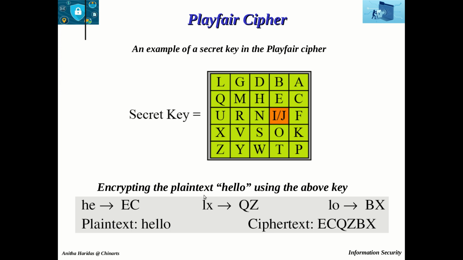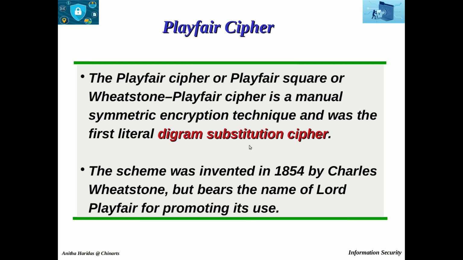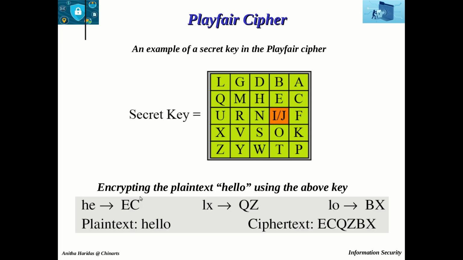Now, if I want to encrypt the plain text HELLO using the above key, this is how we are going to do it. Because we have seen that Playfair cipher is a digram substitution cipher, the entire plain text will be split into digrams. So when I split it, I will have HE, the first two characters together, the next two characters together, and so on. Since the next two characters, L, L, are the same, what we are going to do is,